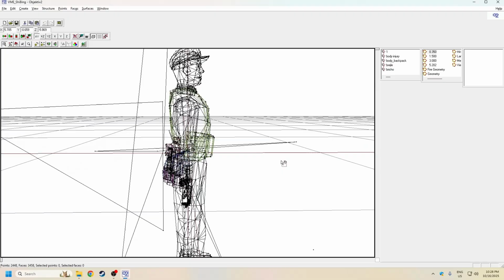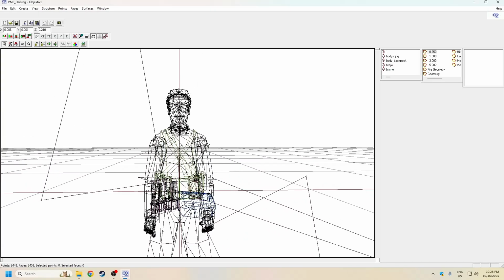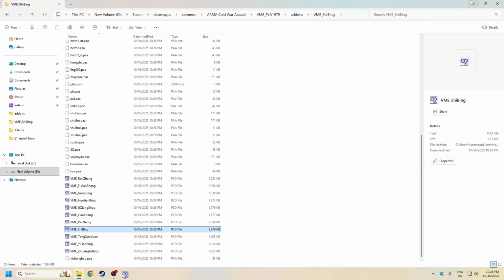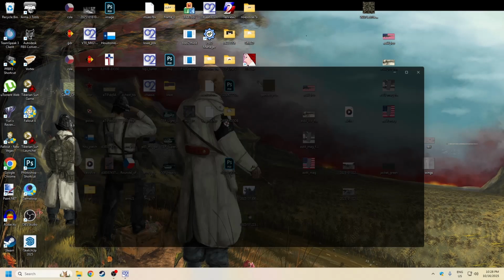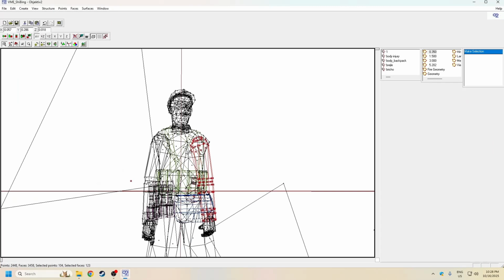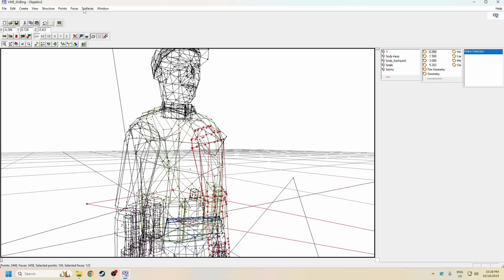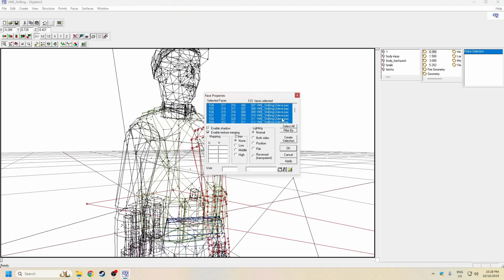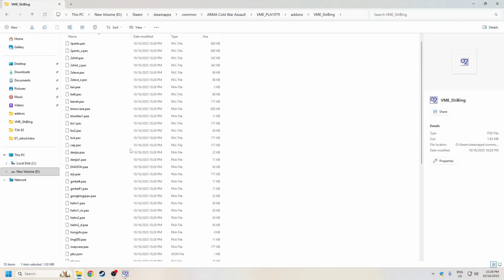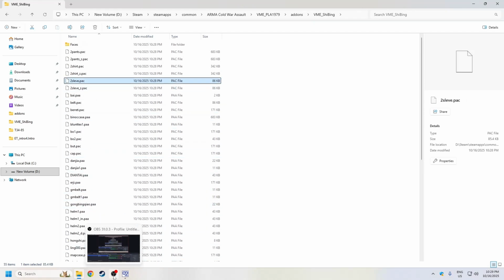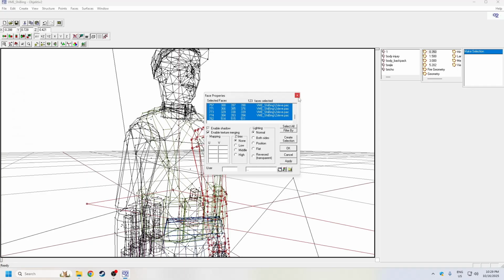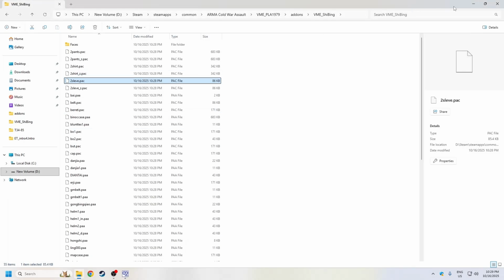So what I'm going to do is retexture this. This is actually olive green, but what I can do is put this camouflage on this specific unit. So what I'm going to do is compile. I have to remember this specific part. It's called two sleeve. And that's where it is. So I've selected two sleeve,